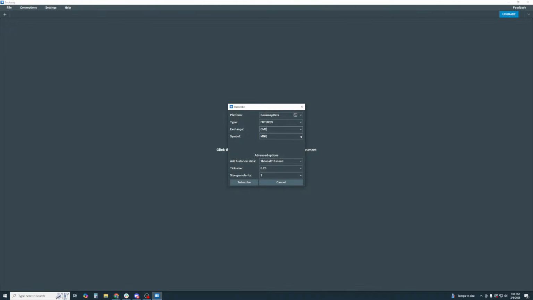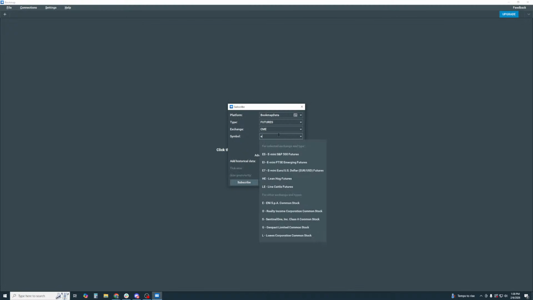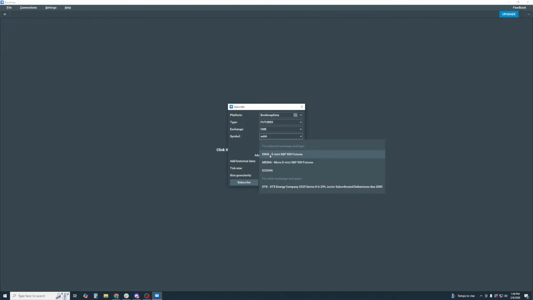If you don't see the symbol here on the drop down, just type it in. So we'll just type in ES. In fact, this is the continuous contract for the ES. You can also put in the H, which is the March contract, and 6, for the expiry for March 2026.